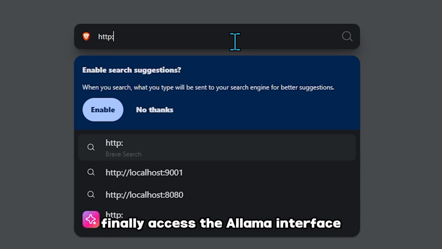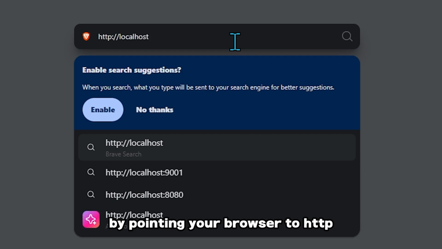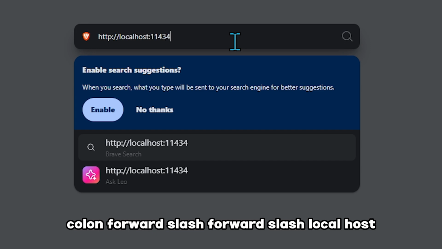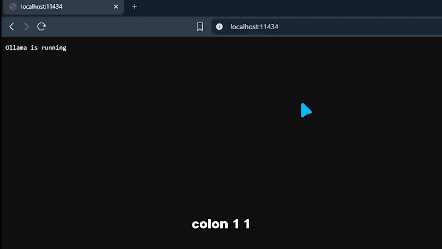Finally, access the Ollama interface by pointing your browser to http://localhost:11434